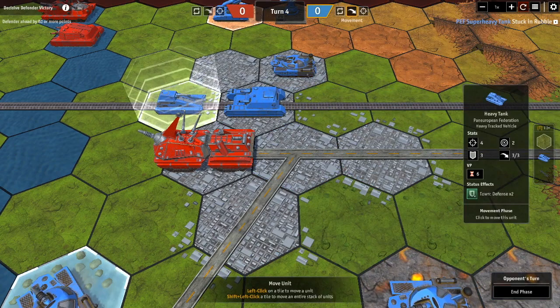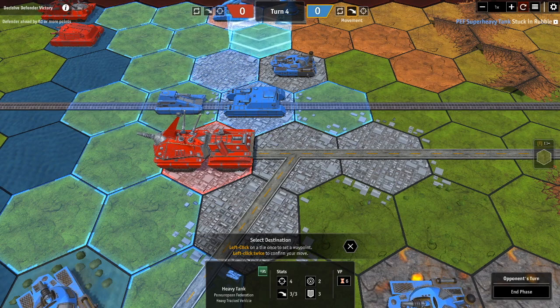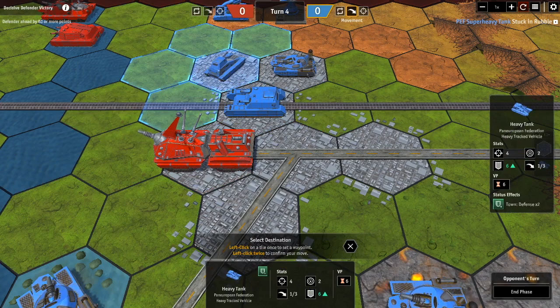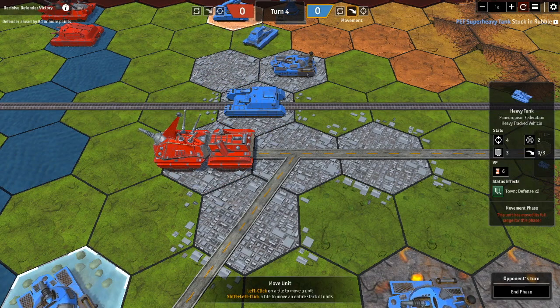And a heavy tank, 1, 2, 3. So it costs 2, and he's got 1 left. Can continue through. Now for the defensive part of this,